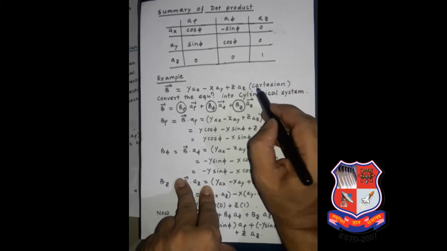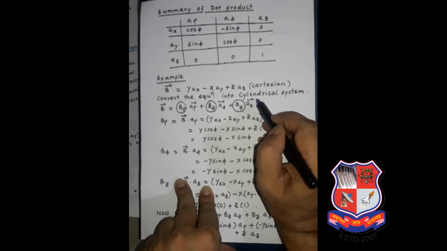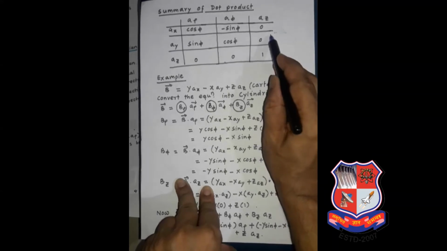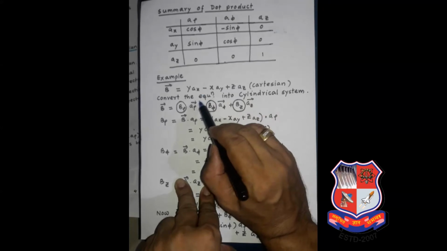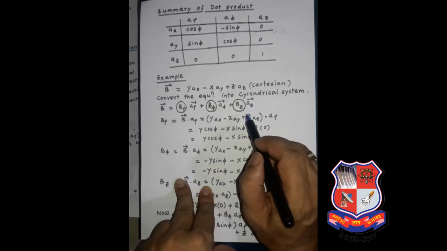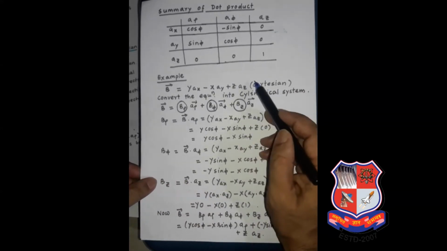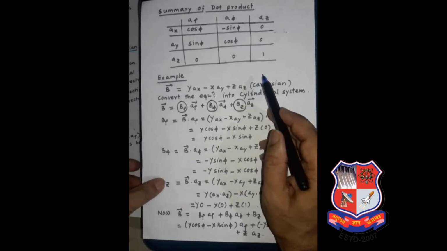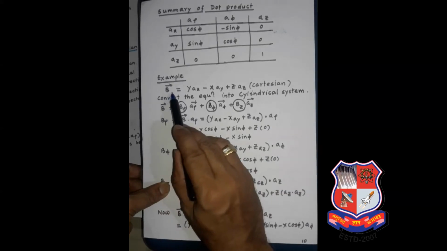Only if you remember it will you be able to transform the coordinates from one system to the other. And if you are not able to remember this, I have already shown by drawing the figure how these angles are found out. By remembering how the particular angles are found between the vectors, in that way also you can find them. So now we will take an example which is written here.